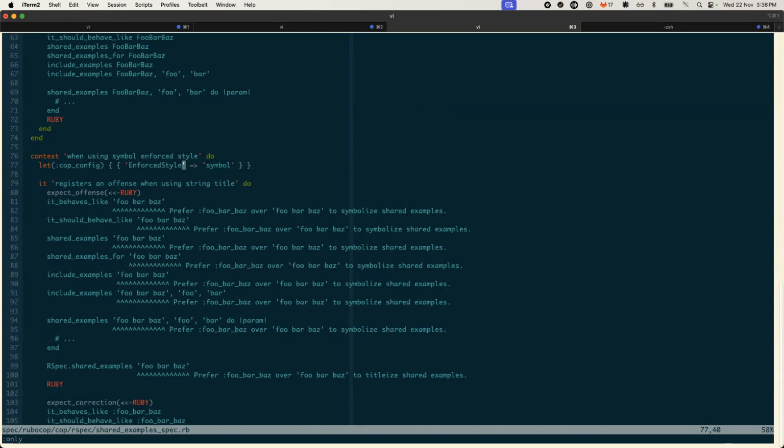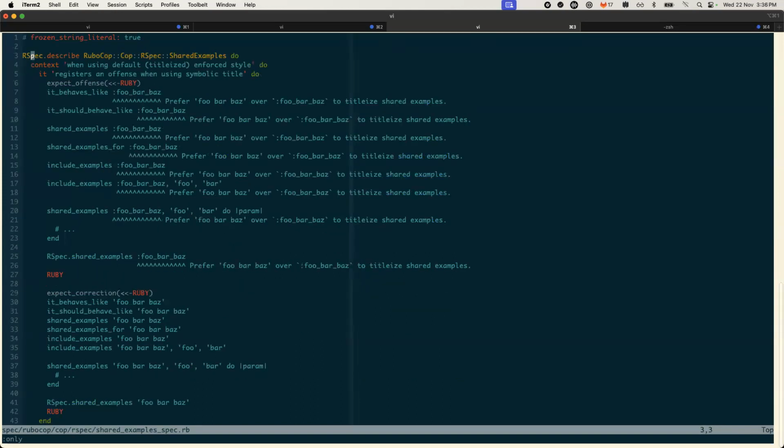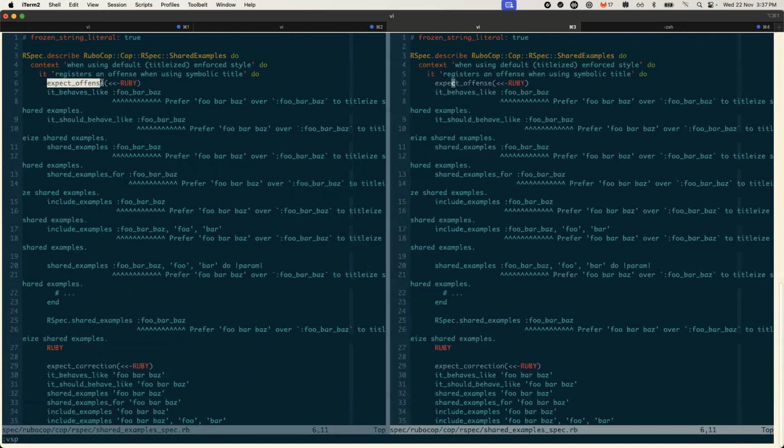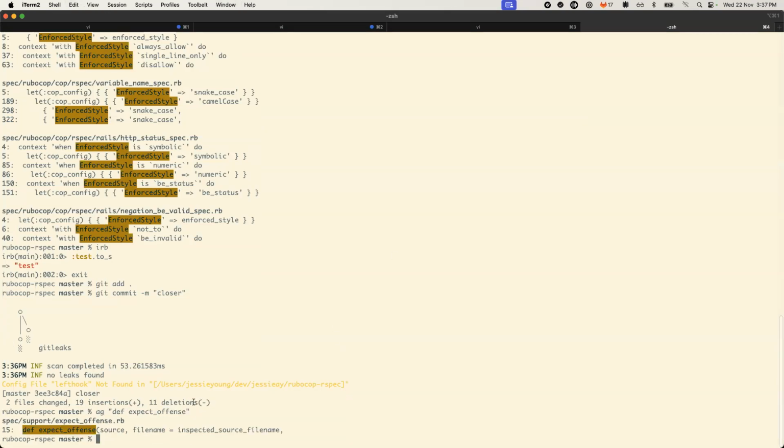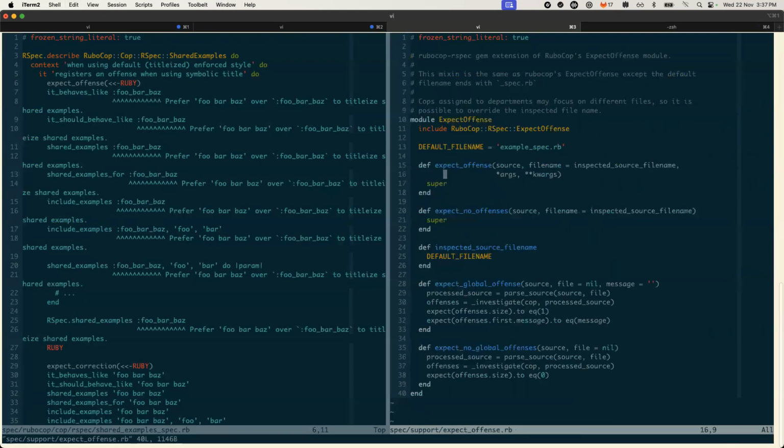How do we look at this? It has to have some kind of fixtures, right? Where is expect offense defined again? So we found an override of it, I think, but it calls super. But that called super, and I think include